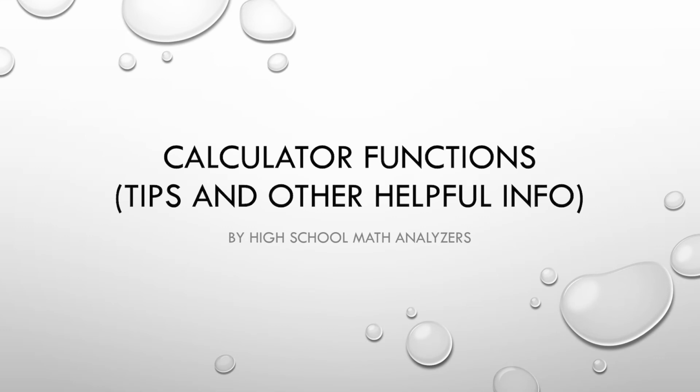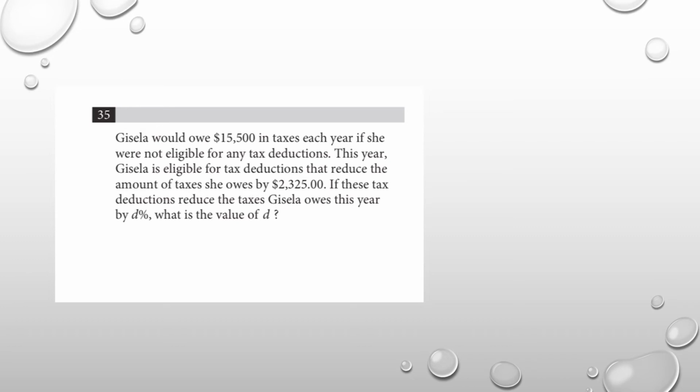Let's get into it. First question: Gisela would owe $15,500 in taxes each year if she were not eligible for any tax deductions. This year, Gisela is eligible for tax deductions that reduce the amount of taxes she owes by $2,325. If these tax deductions reduce the amount of taxes Gisela owes this year by D%, what is the value of D? So, first off, we know normally she would pay